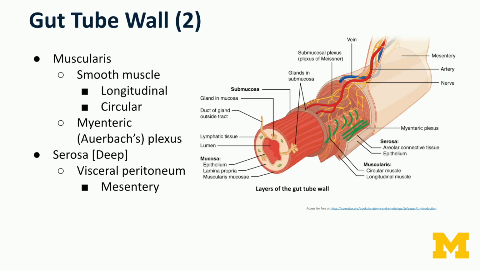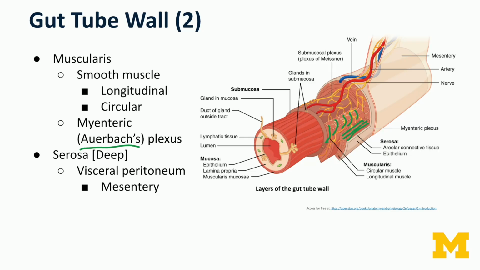So there's going to be both peristalsis, which is wave-like contractions, complements of the longitudinal layer, and then segmentation. Segmentation is when areas are squeezed, and this is going to be complements of that circular layer of smooth muscle tissue. Within the muscularis is the myenteric plexus, oftentimes referred to as Auerbach's plexus. And the myenteric plexus is responsible for control of these smooth muscles. So whether or not materials are being propelled through or churned within the gut tube is being decided by this